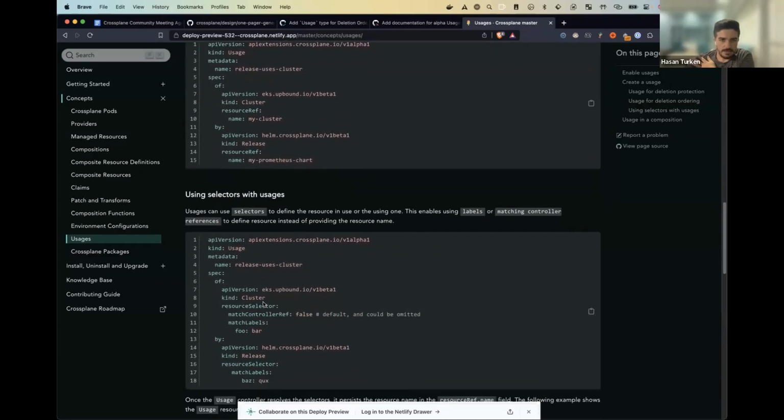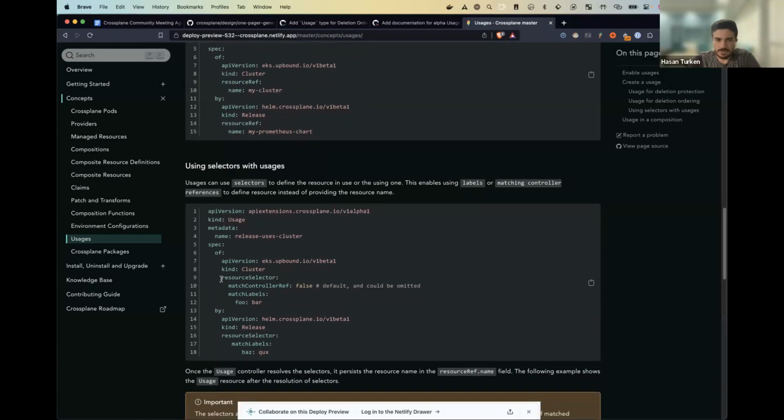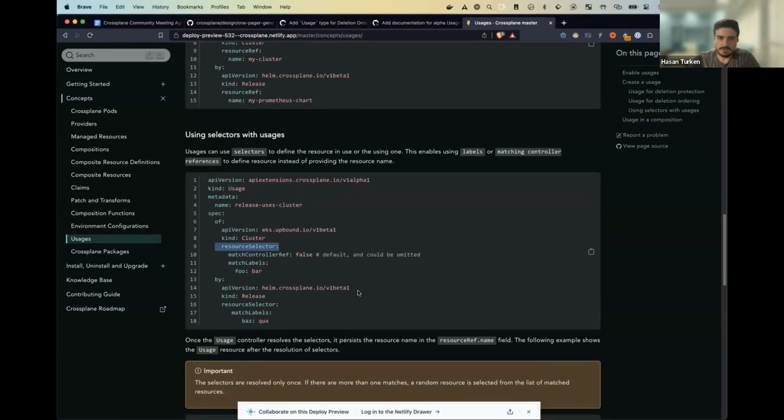The other important feature is that it's not always possible to give the names of the resources, especially when they are created as part of a composition. In this case, you can define resource selectors, and the usage controller will resolve those selectors similar to how our cross-resource references work today.